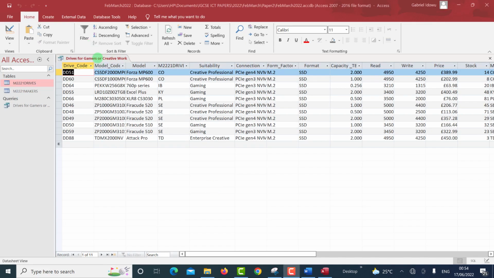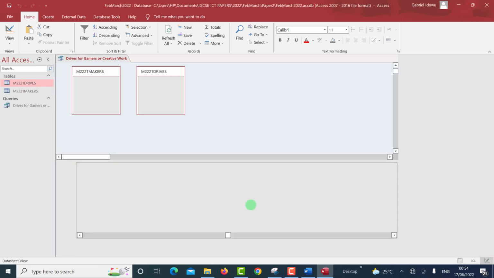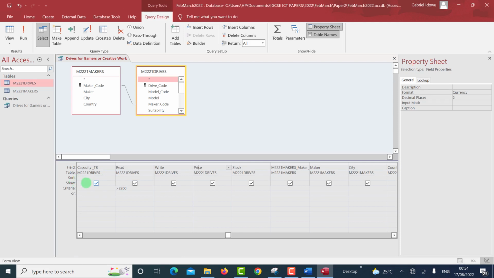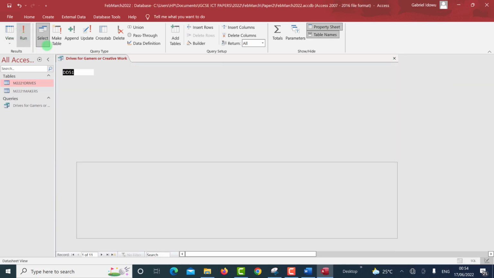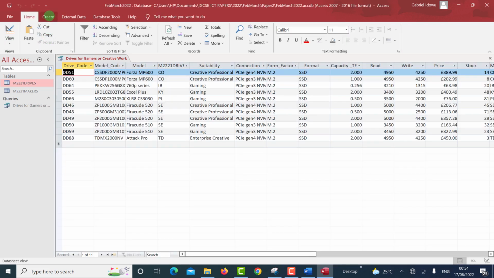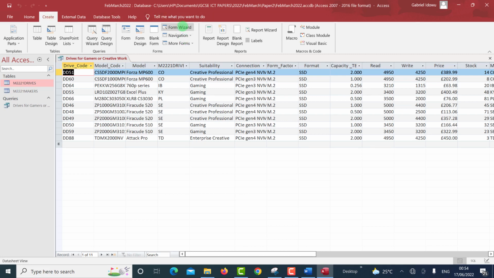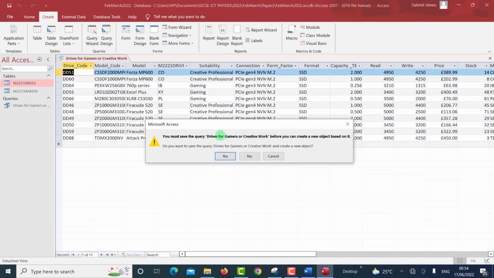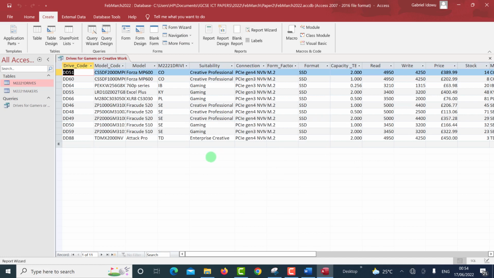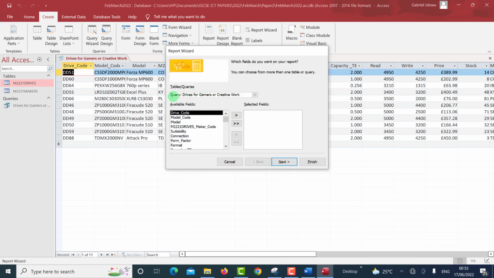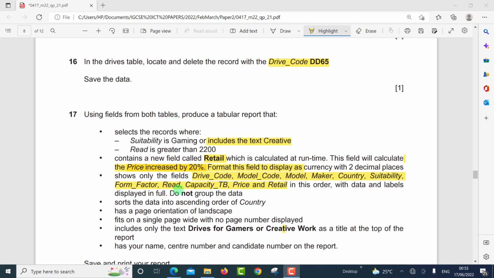We can save it, though we can do it in 2 ways. We can come here and uncheck those fields that are not required. We can do that, or better still, we can just save it and then come to create report wizard. Then we pick from that query, drives for gamers or creative work, in the order. So let's pick in the order they have given us: drive code, model code,